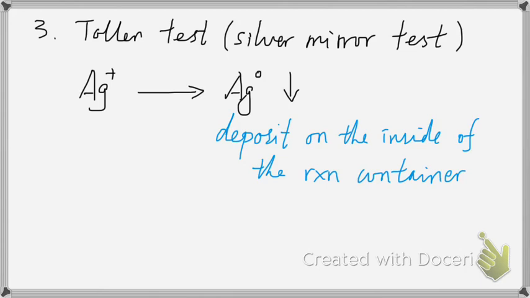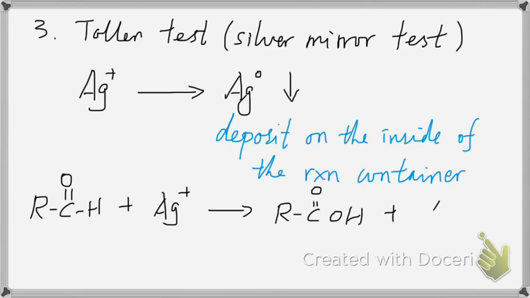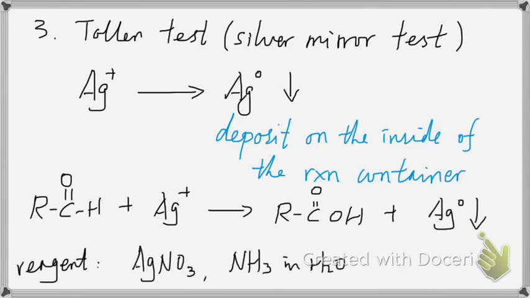This test is also a characterization method for aldehyde. So here's the reaction. Aldehyde will be oxidized to carboxylic acid, and silver ion will be reduced to silver metal. The actual reagent is the silver nitrate and ammonium water. All right, so